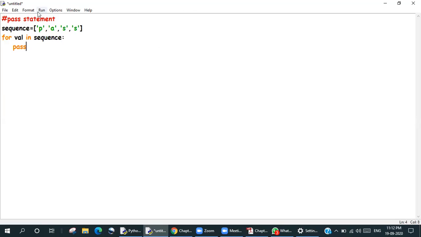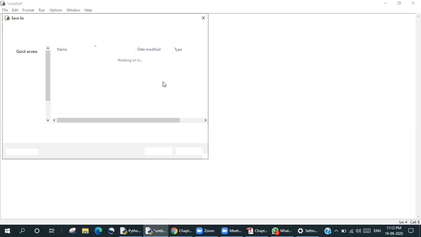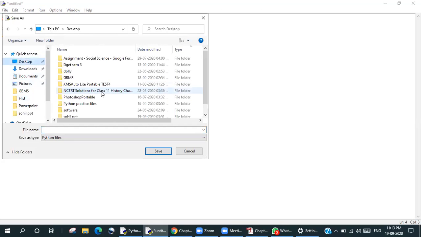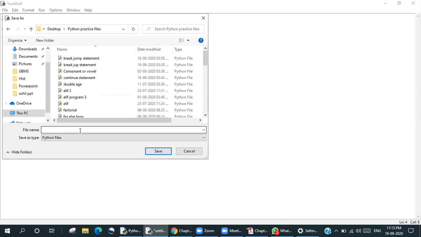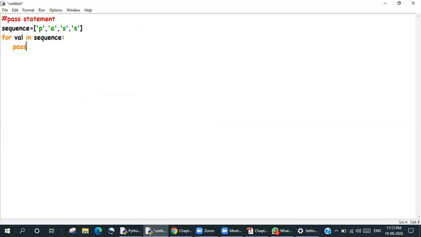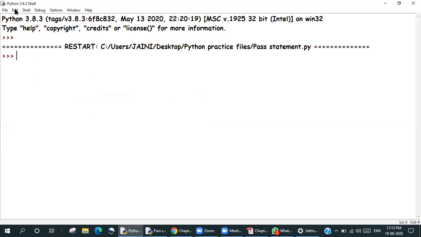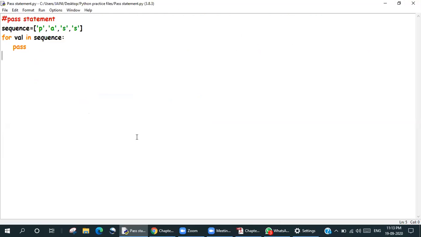You will get no output for this, because there is no print statement in the entire program.